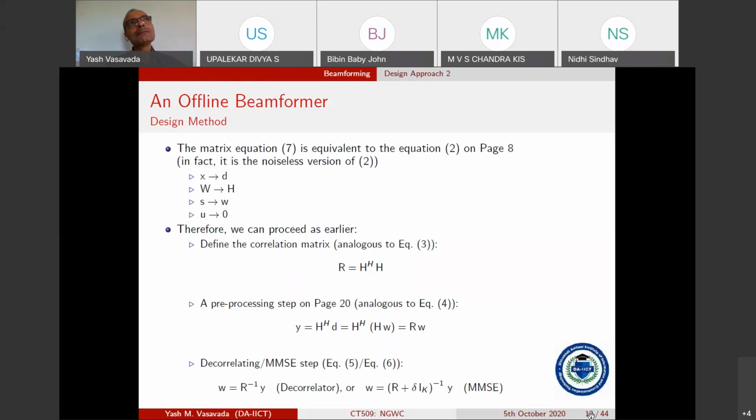So let us see. One possibility is that next time we meet, I will have a new slide number 13, in which I will bring in this Wiener's algorithm and the MVDR approach and try to connect it with this decorrelation or MMSE. The other possibility is that I already have reserved a unification section at the end of this presentation. So maybe when we get to that unification step is where I will bring in this Wiener's algorithm and the MVDR algorithm. So let me think about it. But for today,